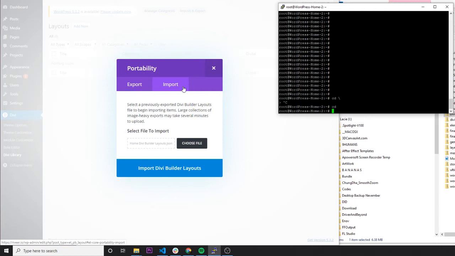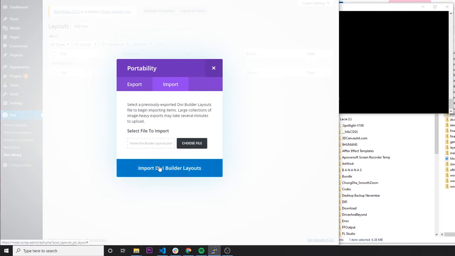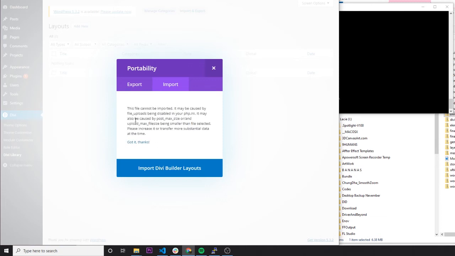It's also very cheap. But the problem is, for example, here I have Divi running, but if I try to import some Divi layouts right now, it's going to tell us that there are some problems because of the upload max file size or the post max size. Now, if you're on cPanel, again, this is very simple. You can just go into your PHP settings and change that. But on